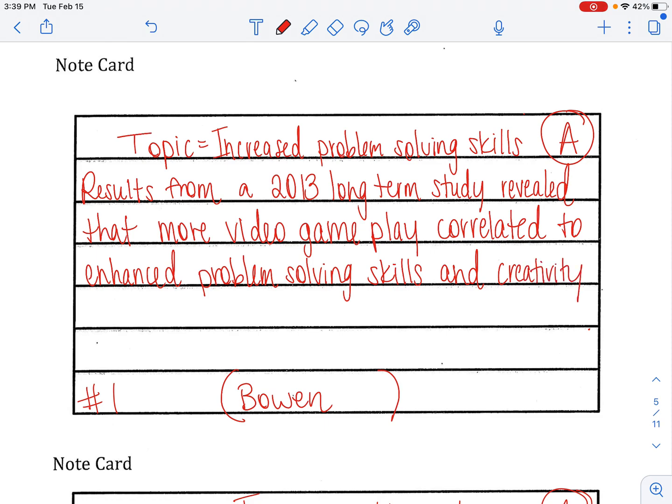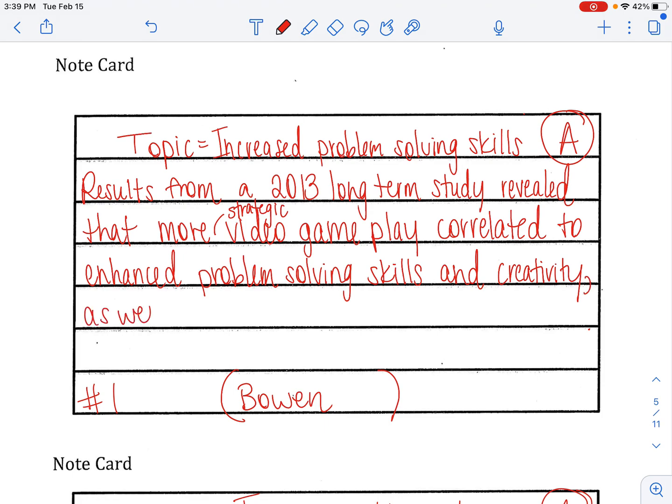Oh, and then they said something about strategic video games, right? That was like a key component. So I don't want to omit that. Results from a 2013 long-term study revealed that more video game play, more strategic video game play, correlated to enhanced problem-solving skills and creativity,